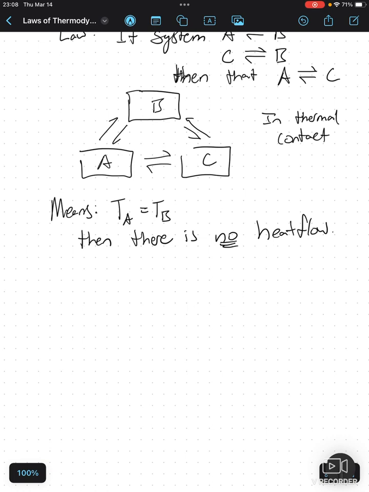I know I mentioned briefly that this should be self-evident, but this brings us to a pretty profound concept within the physics of our universe, in that there is, here I'm going to mark this out, a universal, I spelled that wrong, oops, there is a universal temperature scale. So this would mean that regardless of material